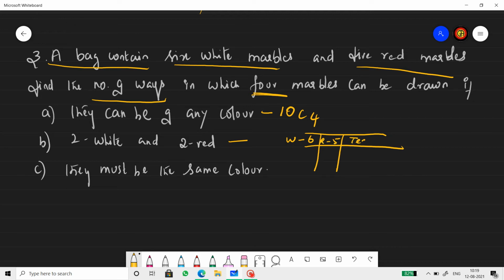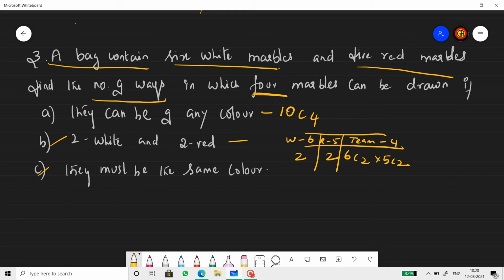We need to make a team of 4 marbles. As per the question, 2 must be white, 2 must be red. So the selection is 6C2 into 5C2. Clear everyone? Out of 6 white we take 2 white and out of 5 red we take 2 red.